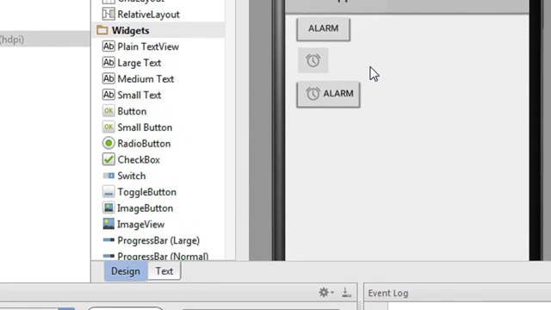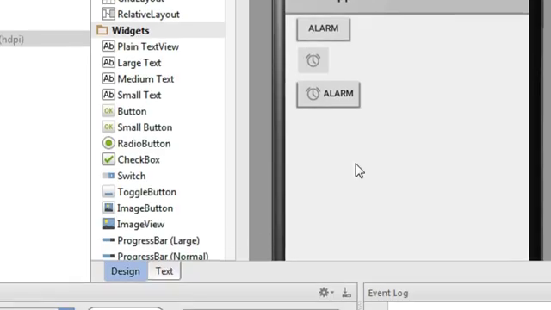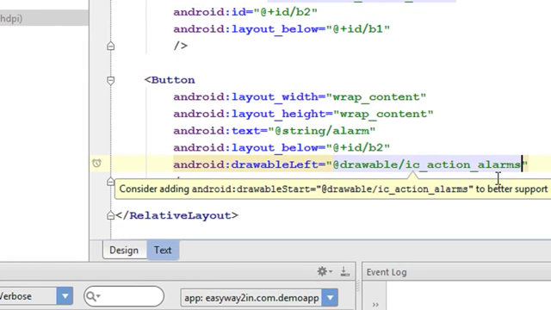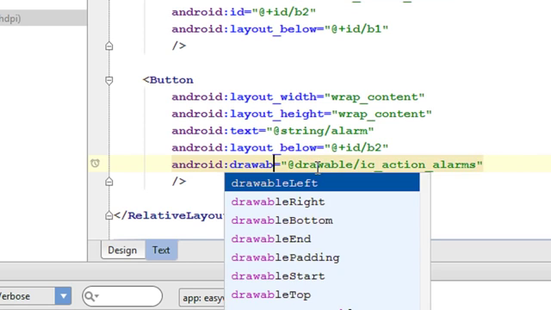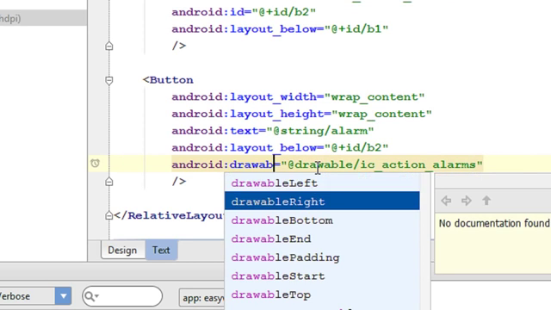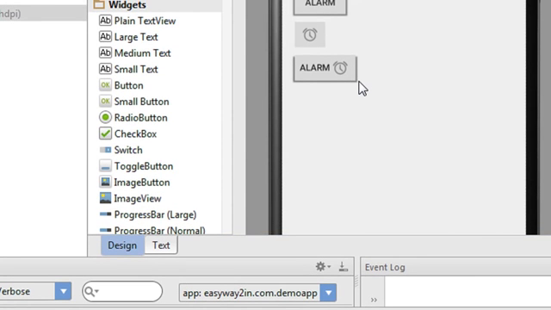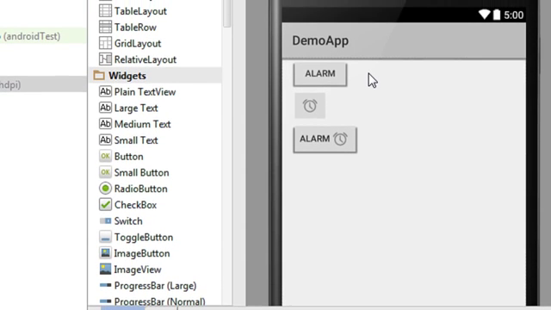Now see, now we have a button that contains both an image and text. Suppose you want to place the image at the right side of the text, so instead of drawable left, you have to use drawable right. Now the image is on the right side of the text. Okay, so these are the three classifications of